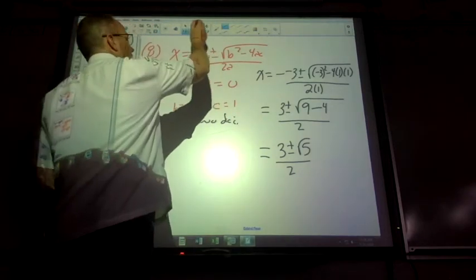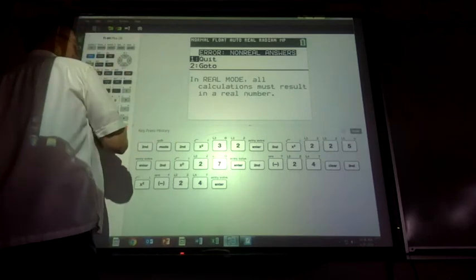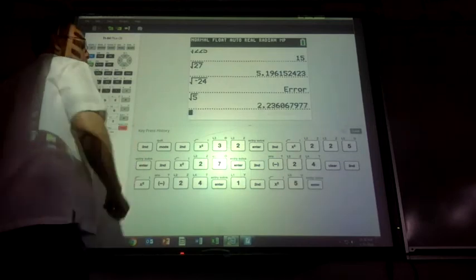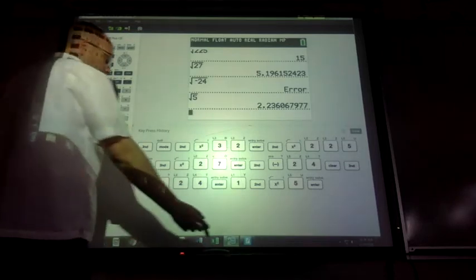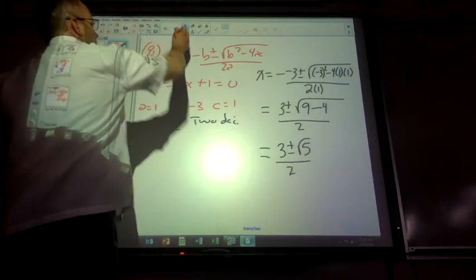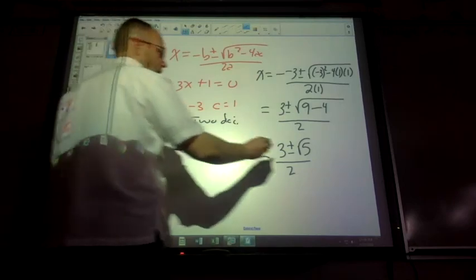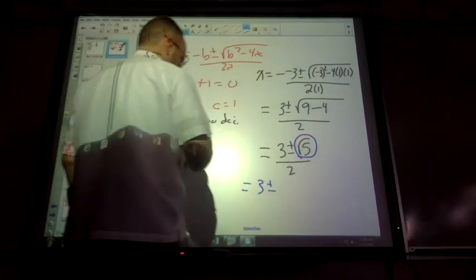Okay? The square root of 5 to 2 decimals. So bust out the calculator. Let's go quick. Second square root of 5. So to 2 decimal places, what is the square root of 5 equal to? Almost. 2 decimals. 2.24, rounded up, right? So the square root of 5 is equal to 2.24. So I'm going to take this and replace this with it. So I'm going to get 3 plus or minus 2.24